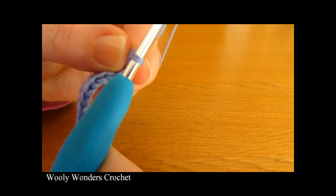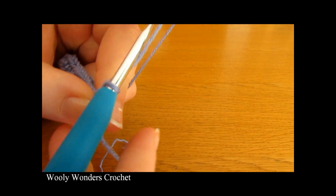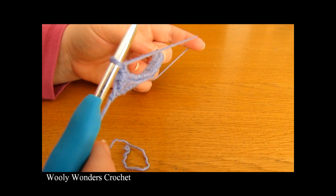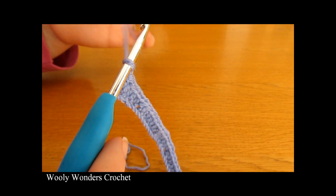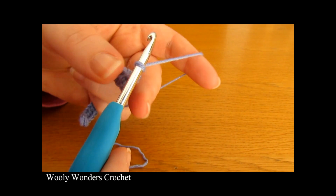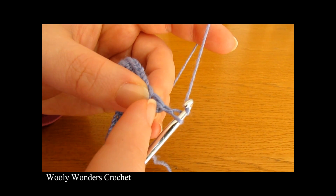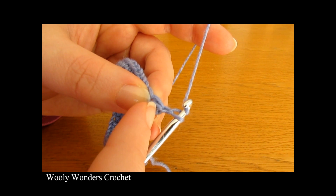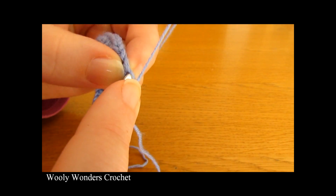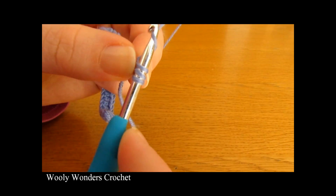So to begin this round, chain 1 and turn, and this chain 1 does not count as a stitch. And round 2 is just another round of half double crochet. So we're just going to do 1 half double crochet into each stitch. So yarn over, and we're going to go down into this first stitch here, as our chain 1 did not count as a stitch. So yarn over and go down into this first stitch here and do 1 half double